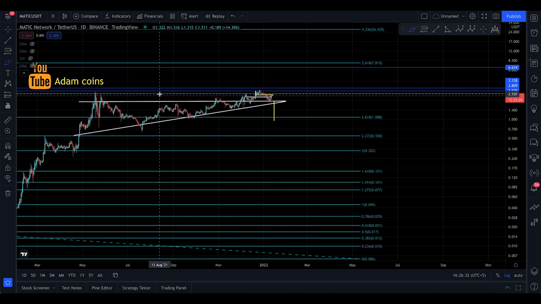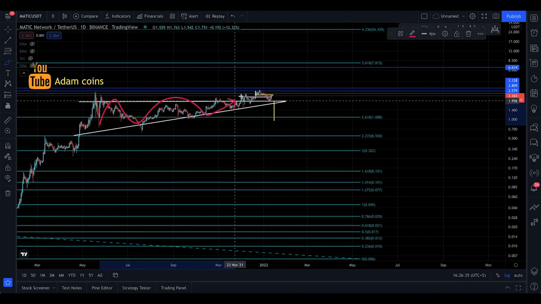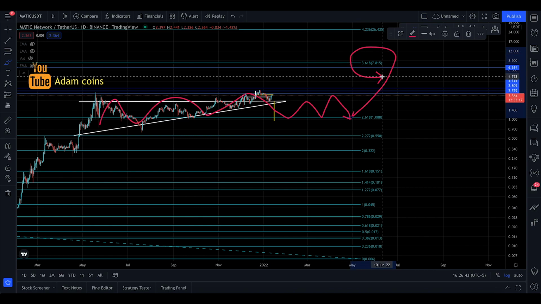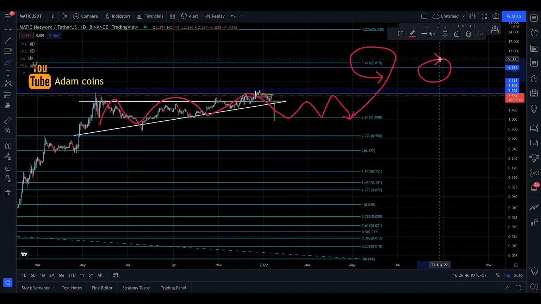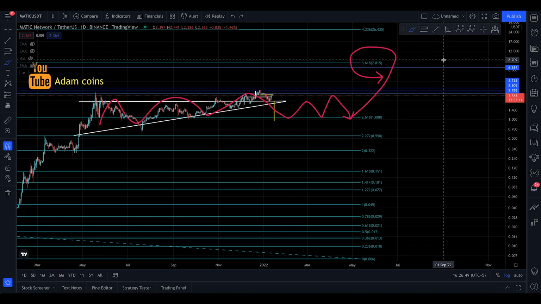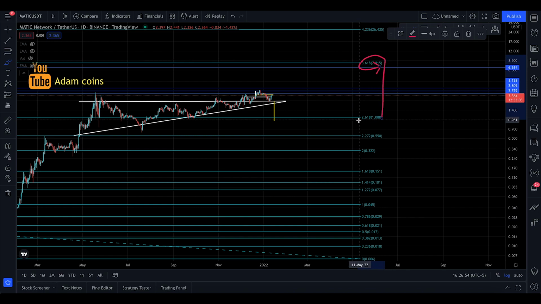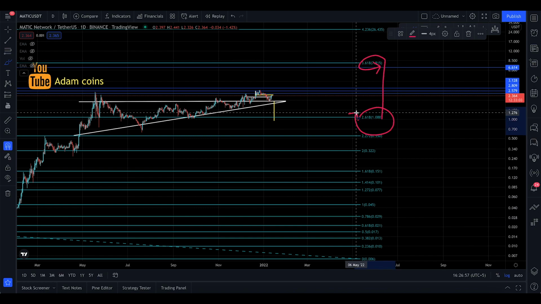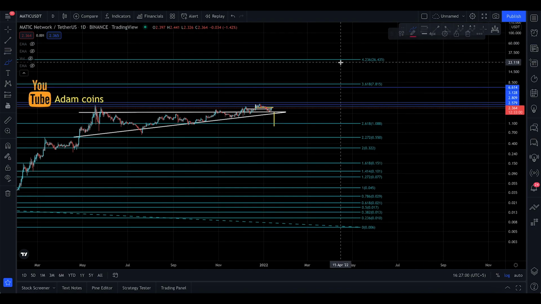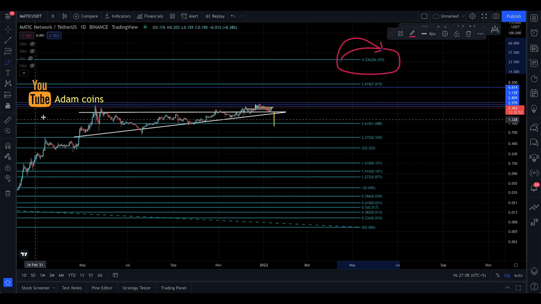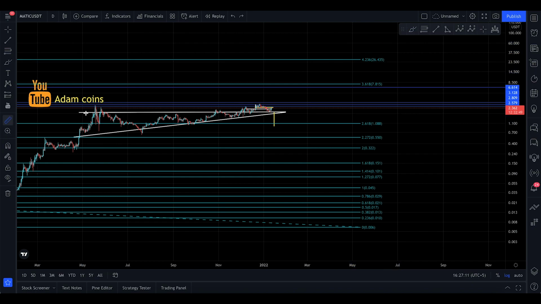But it seems that on a higher time frame, this is just like a big consolidation and accumulation to me. It could be something like this, and then you continue to the $7 region. That's the reason why I've been saying $6.6 as well. Do you see that? So $7 at 7.8 is your next target anytime you pass the 2.618. That's what's pending. And then from here you're going to see $26, which is the end of the fib levels, and that's quite a lot of gains, to be honest with you.